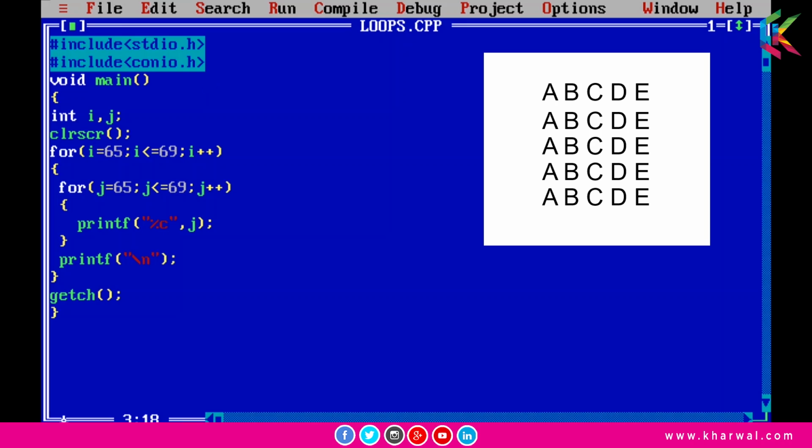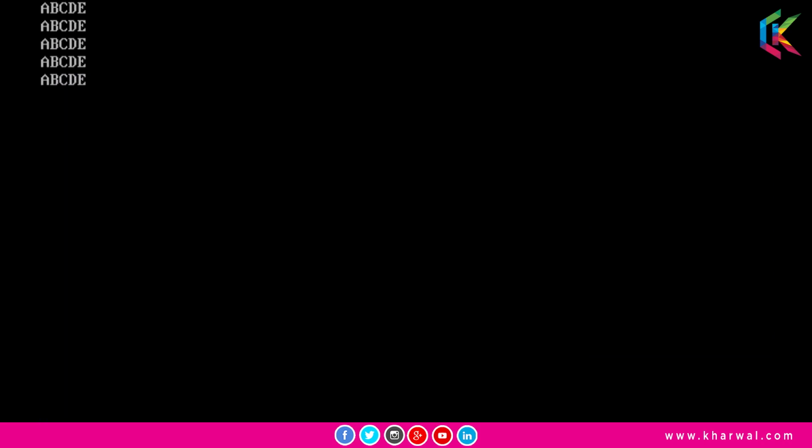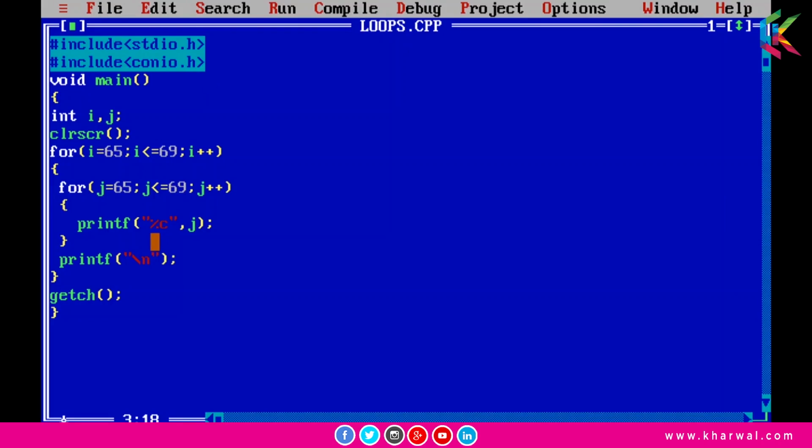That's why I have initialized i and j by 65, because the ASCII value of capital A is 65, and in the for loop of j I am using typecasting here. The value of j is an integer, but I am printing the character constant for the value of j. Now if I run this program, output will be like this. I hope it is clear to you.